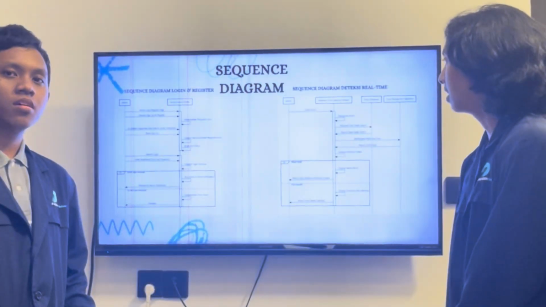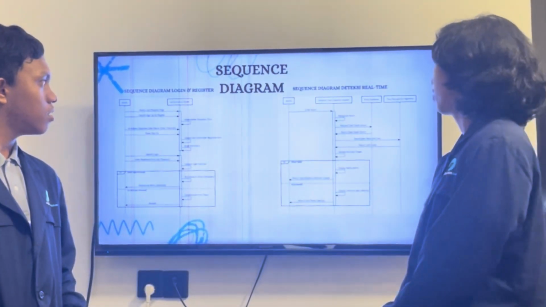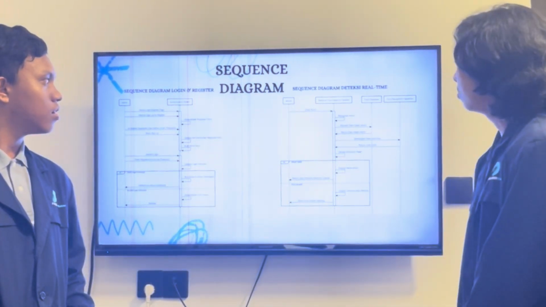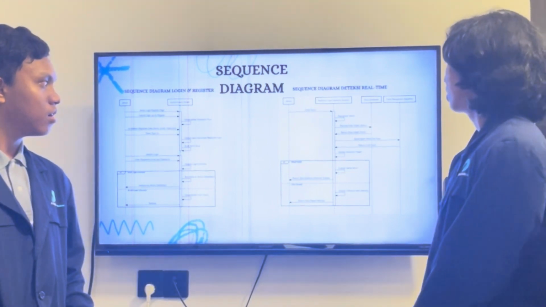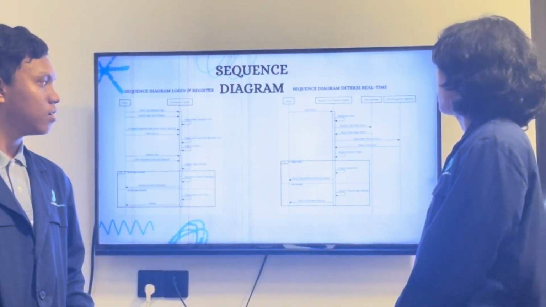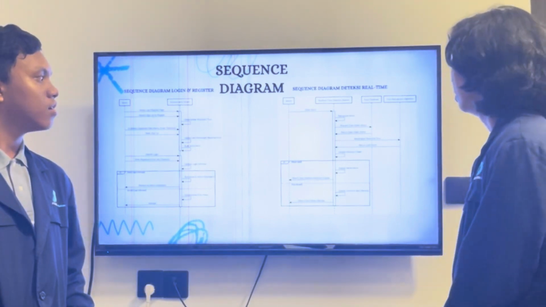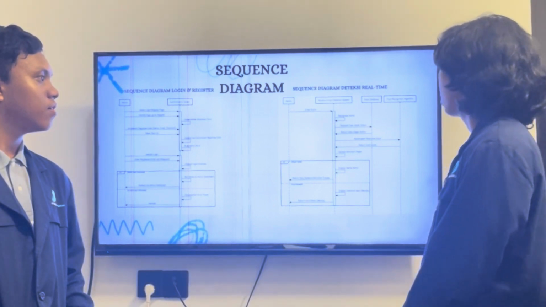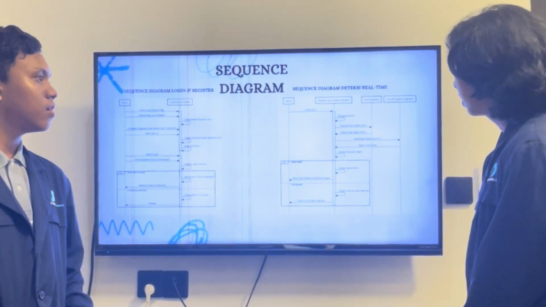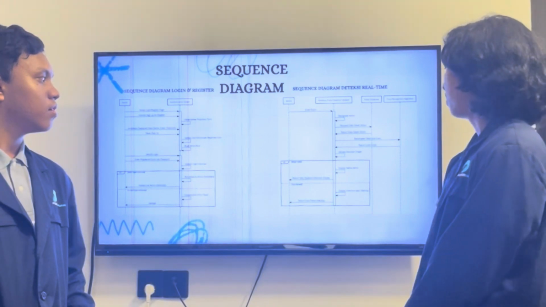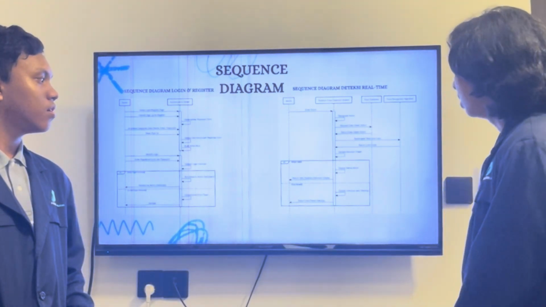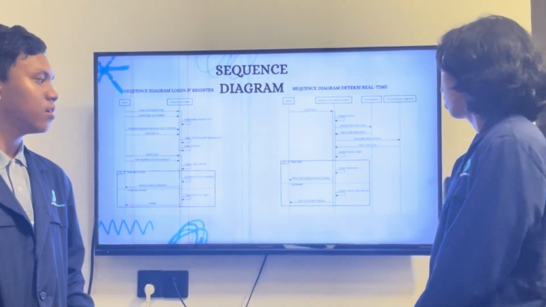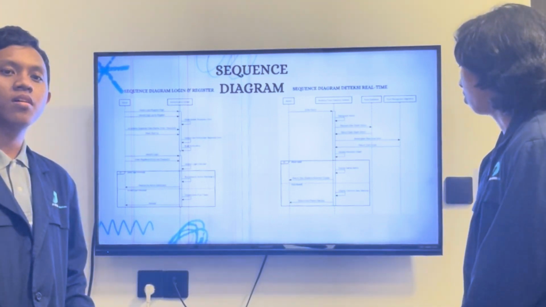And next is the sequence diagram of real-time detection. When the admin enters the room, the real-time face detection system will recognize the admin, and the system will request data from the database, and the database will return data. The system will compare the real-time face and return the confidence score, and then the system will validate the face and display the admin name. If the admin is unknown, the system will display unknown or a warning.